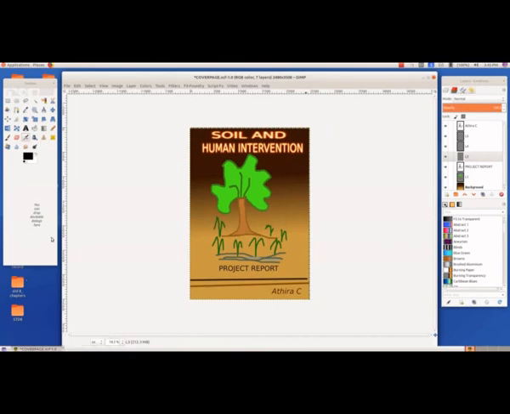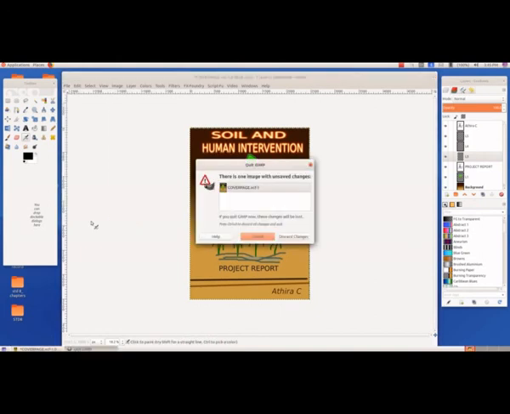and now we have to quit from GIMP. And how can you quit from GIMP? From this window, your canvas window, from file you have to select quit, and when you select quit you will get quit GIMP. And here if you haven't saved this, you have to save this.